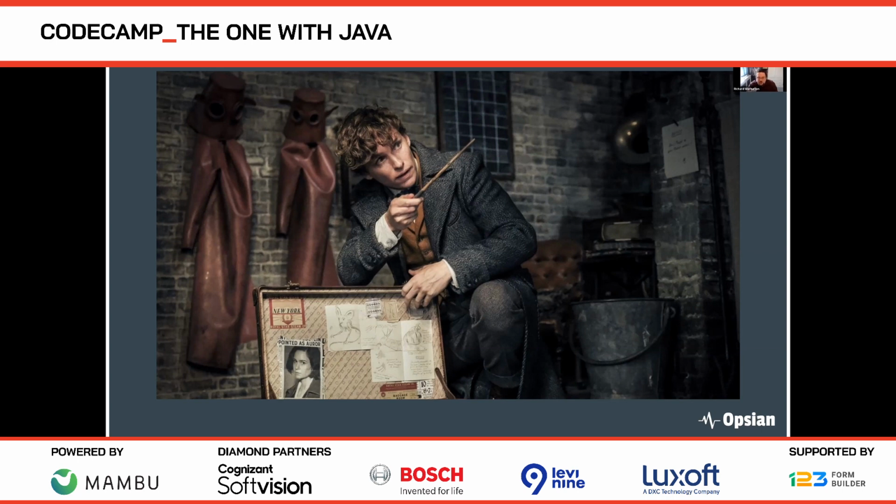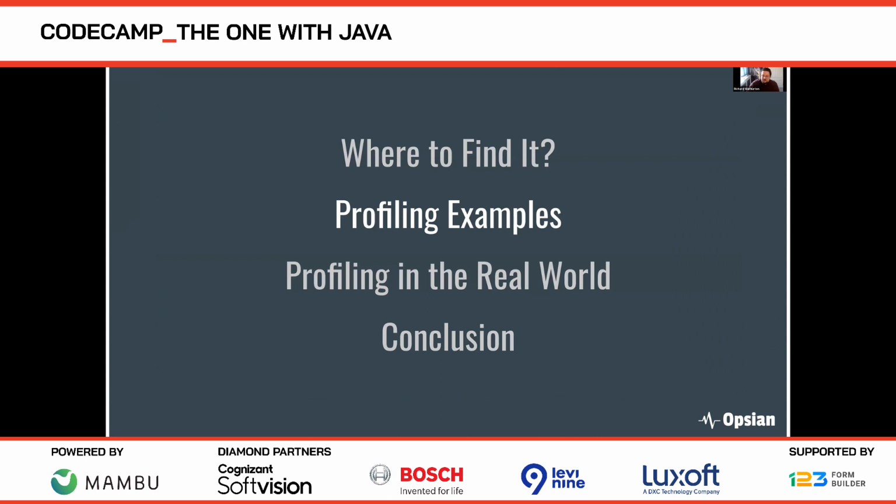So we're going to talk in this talk about profiles, about measuring and finding bottlenecks and then fixing them, and how we can use profilers to fix those problems. So next, I'm going to look at a couple of examples. I'm going to code through those examples, and we're going to find some performance problems there, and we're going to fix them.